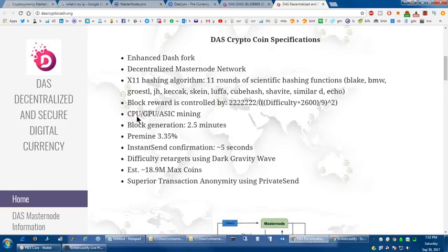Yeah, and this DAS here is actually a fork of the real Dash. So basically, this is a fork of Dash, the DAS right here. And DAS stands for decentralized and secure. That's what DAS stands for. It's supposed to be another digital currency, but that's basically what that is. So yeah, sorry to go off on a different track there, but I just wanted to point that out because